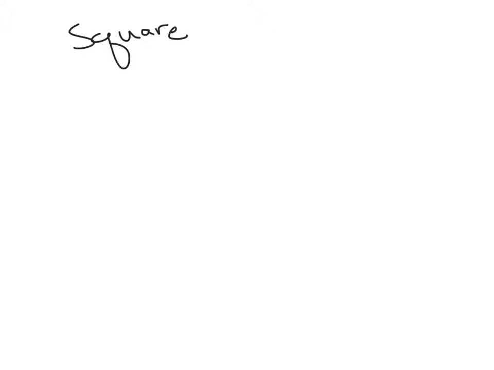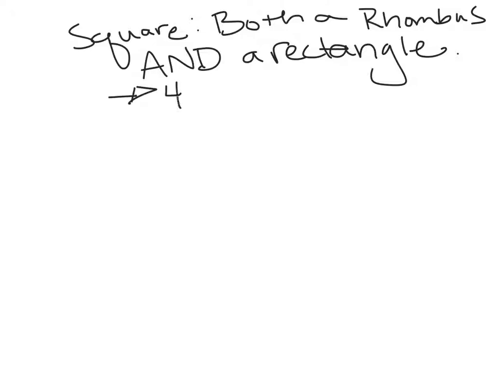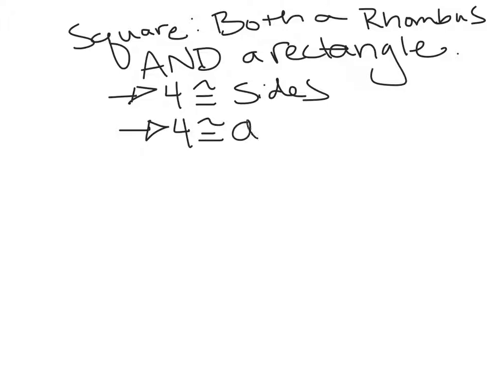Our next special quadrilateral is a square, and a square is both a rhombus and a rectangle. So that means the square has all of those features of a rhombus and a rectangle, namely four congruent sides, four congruent angles,